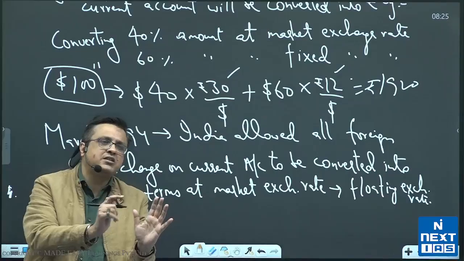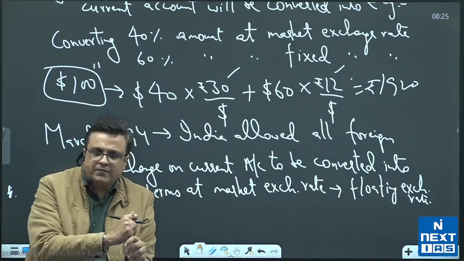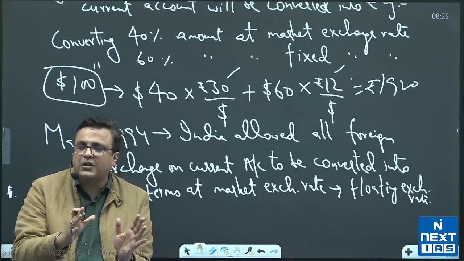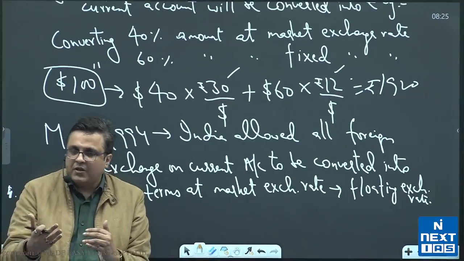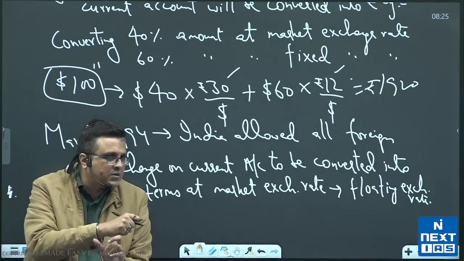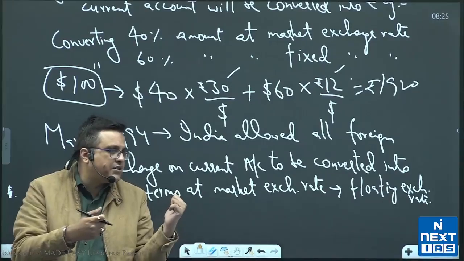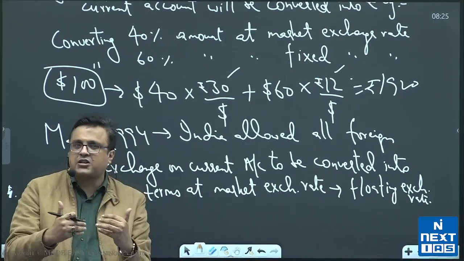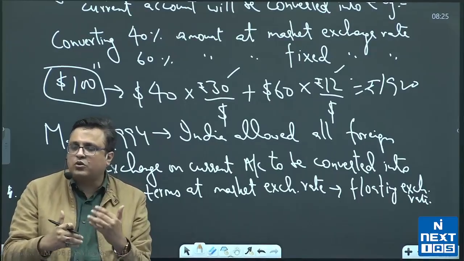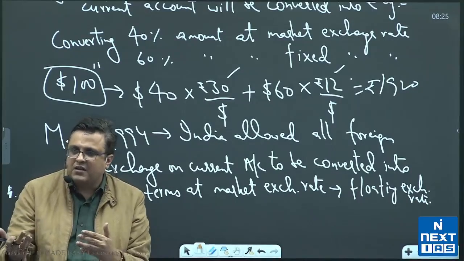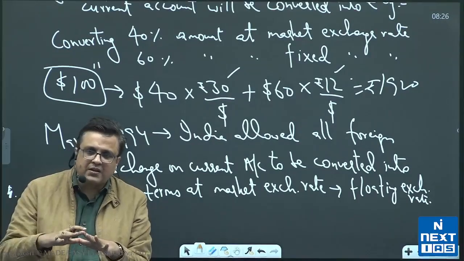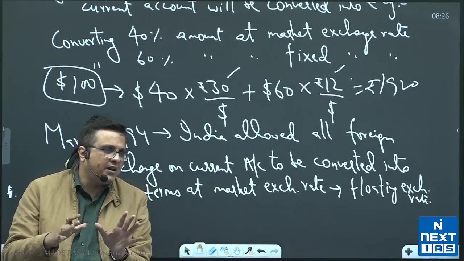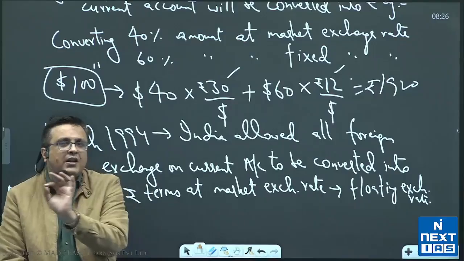What was the synchronization? I will reduce import duty so that I make sure inputs are available at a cheaper rate. I will make sure that protectionism is practiced less. I will promote my exports and I will let my currency depreciate so that in case somebody needs better protection in India, they get that protection through the exchange rate mechanism rather than an import duty increase mechanism. That was the thing that we go by. All right. I again repeat, I'm trying to underline this fact.